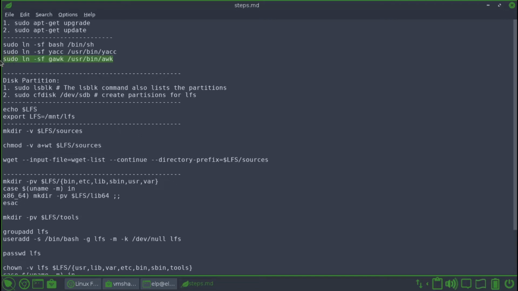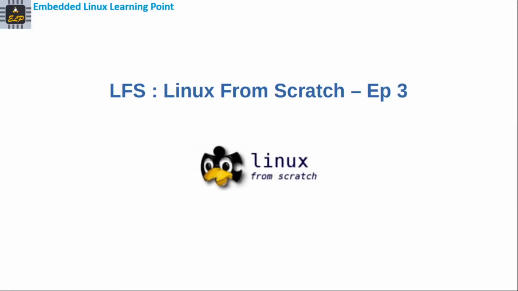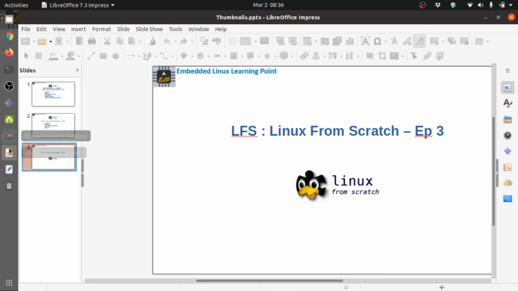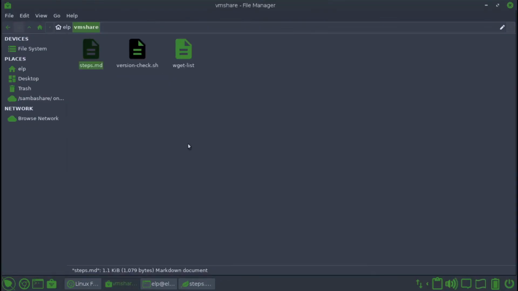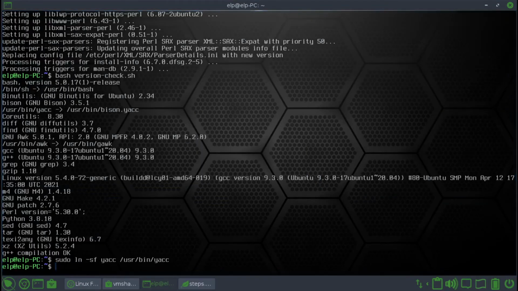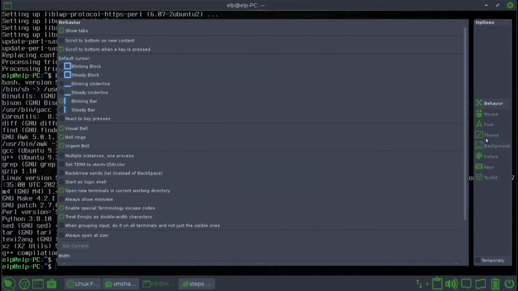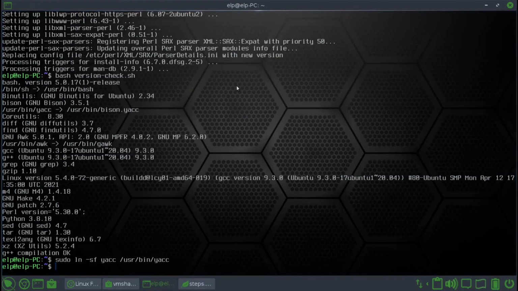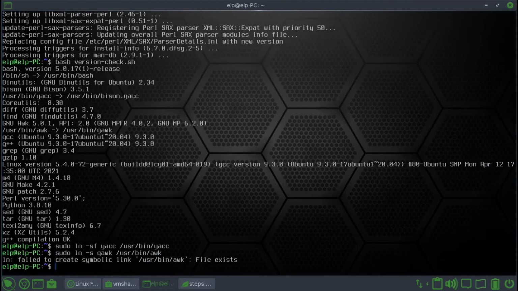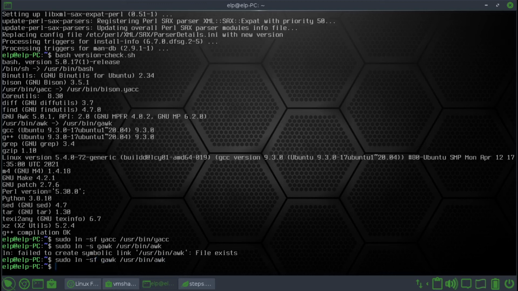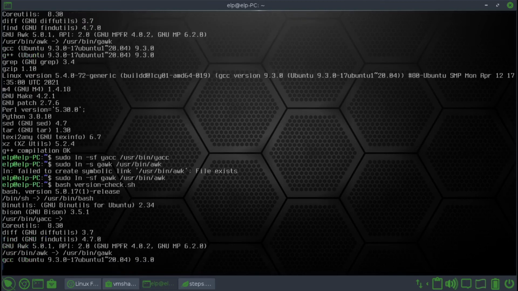And also to GAWK. Oh, sorry. Paste it. Let me just show that forcefully doing it. Okay, it says let me force it, and when we see